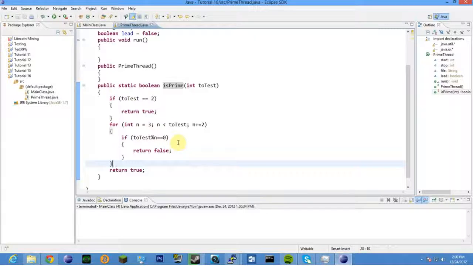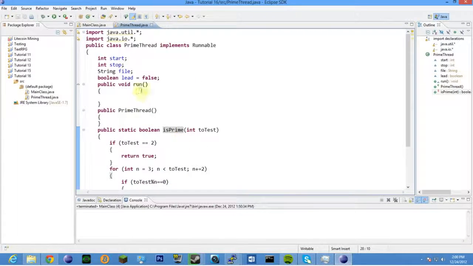Alright, cool, because that's not what we're multi-threading. We're multi-threading the entire process, and isPrime is just a sub-part of that. So, isPrime, pretend it's a little black box, and you put something in, and you get either true or false out, and then you use that true or false to do something else. So isPrime is a black box. We're implementing Runnable,